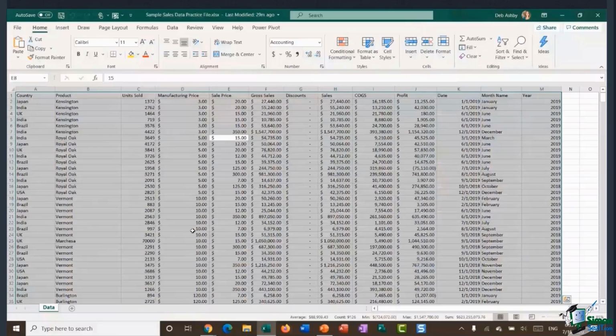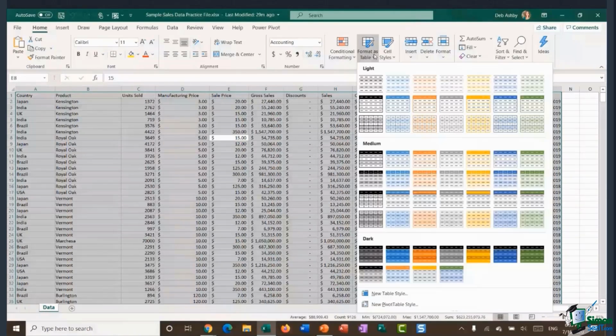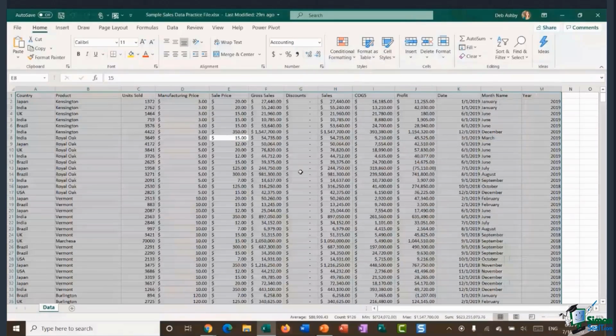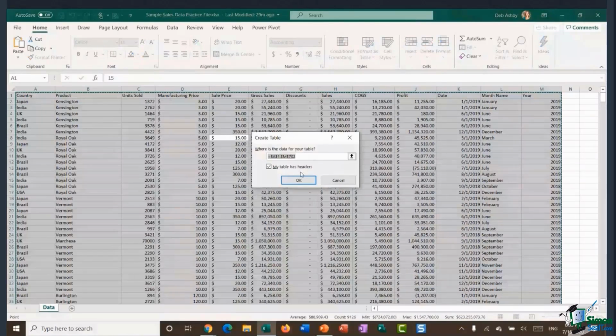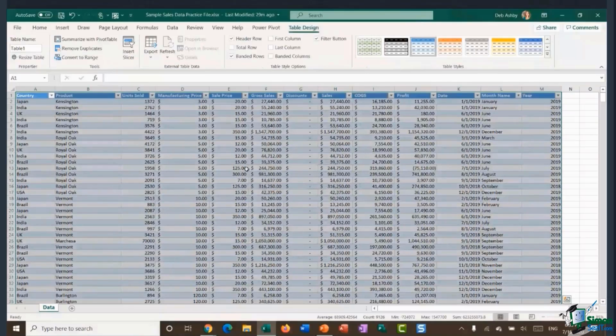Now, when it comes to formatting as a table, there are a few different options that you can use. You can go to your home ribbon, and in the styles group, you have a format as table drop down. So you can come in and select any one of these. A quicker way of doing it is to press the keyboard shortcut Control T, which is basically the create table shortcut. It's going to say, where is your table data? Now, I selected mine prior, so it's picking up all of my data. I'm going to say, yes, my table has headers, click on OK,